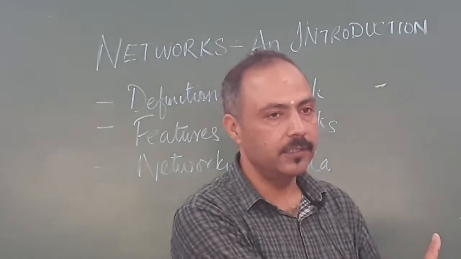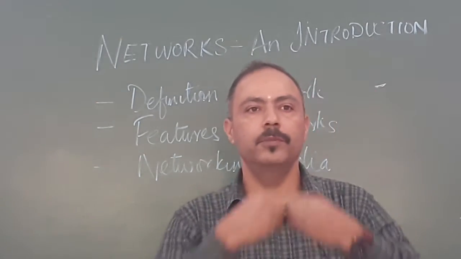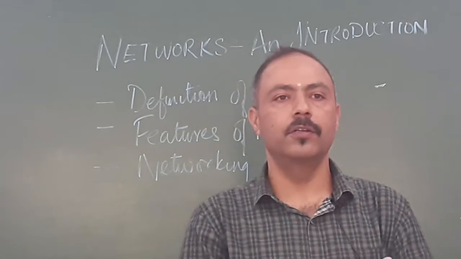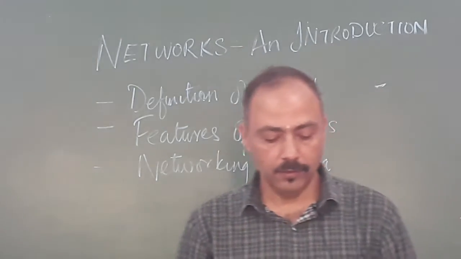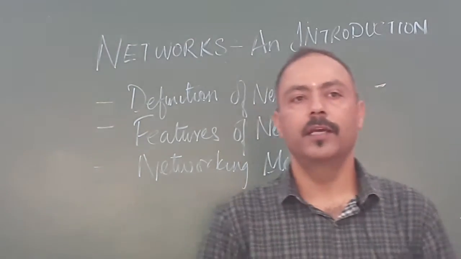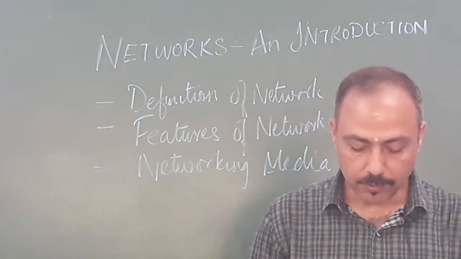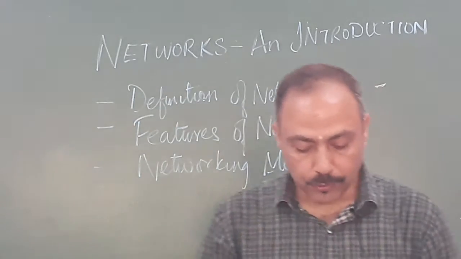The processing takes place inside and the output is there. In this, the client will place the order to the server, and the server takes the order, processes it, and gives it back to the client. So, the client is the machine through which you can get the information from the server. In this network, a client system connects and accesses the remote computer, that is the server, to use its data